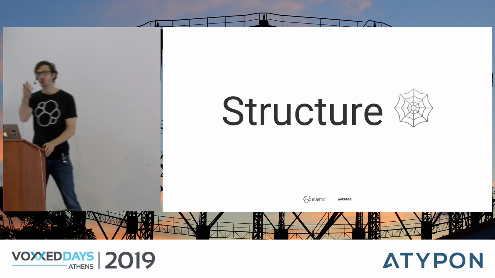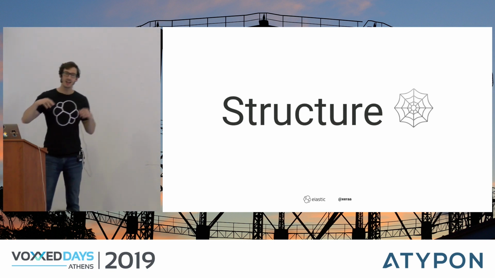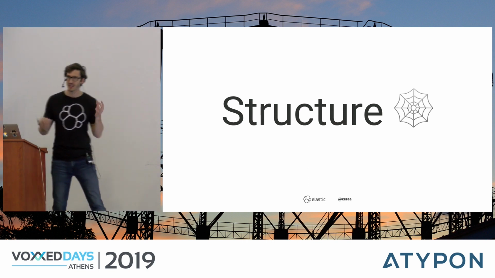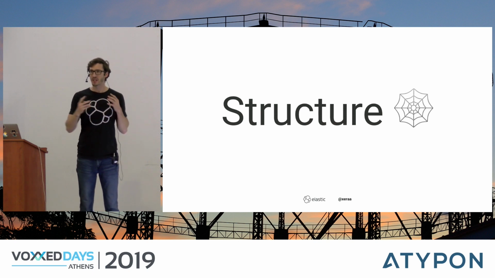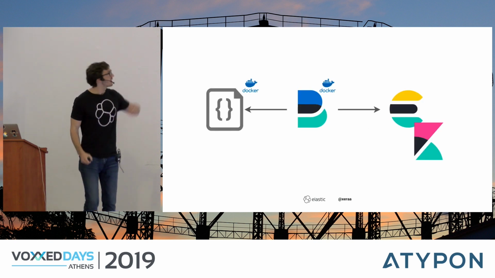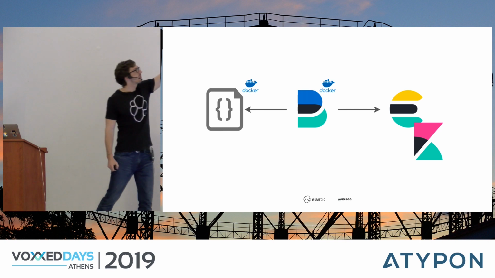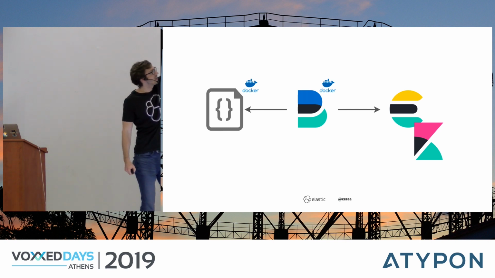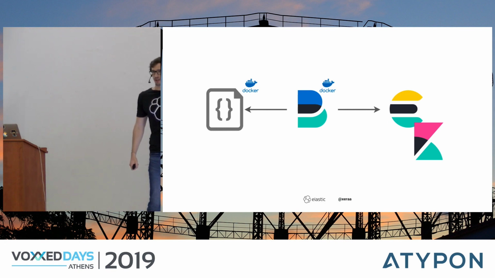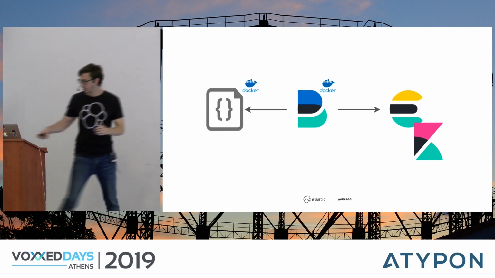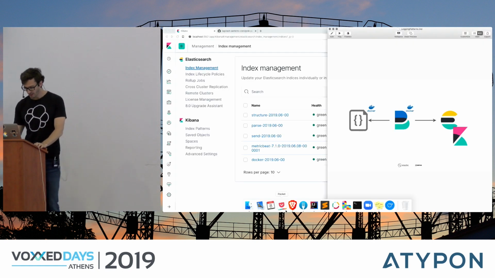So somebody mentioned JSON already. JSON is kind of the perfect format for us because Elasticsearch is also storing JSON. So basically what you do is you write out a JSON file, Filebeat is tailing the JSON file and puts that into Elasticsearch directly, and you're done. And that's all you need. So what that looks like is,